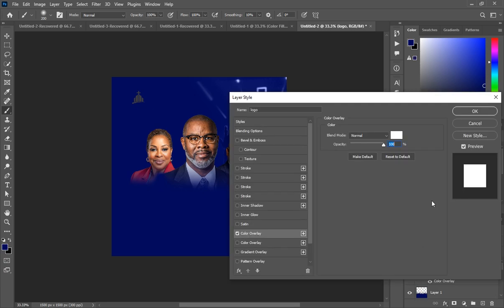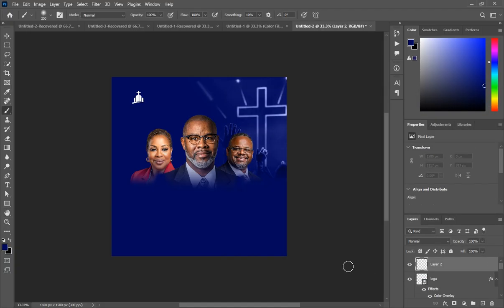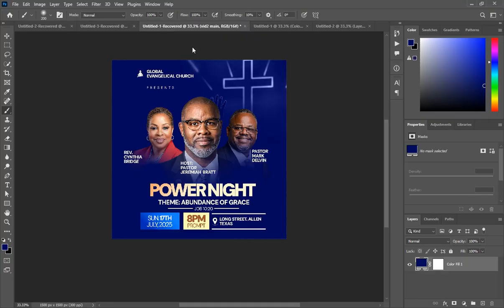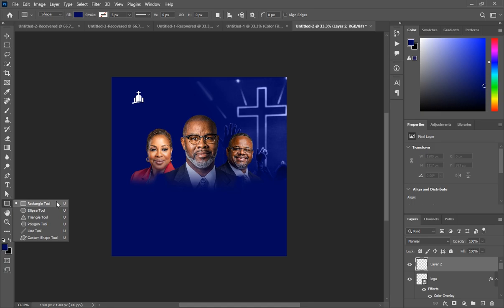Yes, then you choose white. As you can see, I've already chosen white, so white like this. Yes, create a new layer. Then we're moving to these rectangles. So what we'll do is we'll first choose the rectangle and draw our rectangle here,